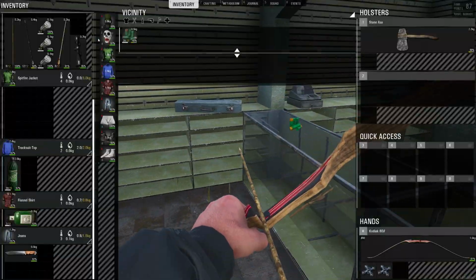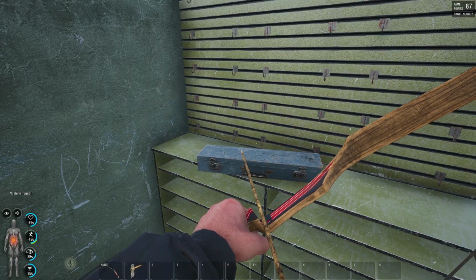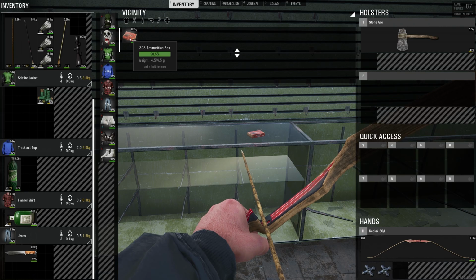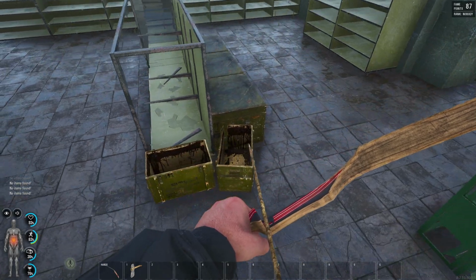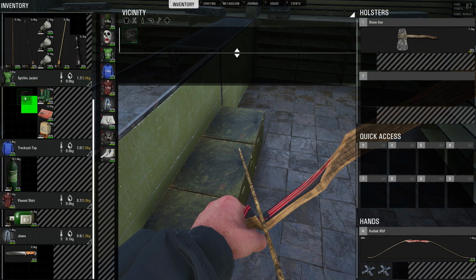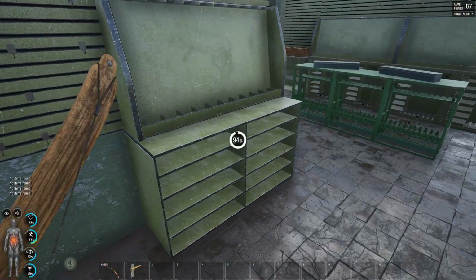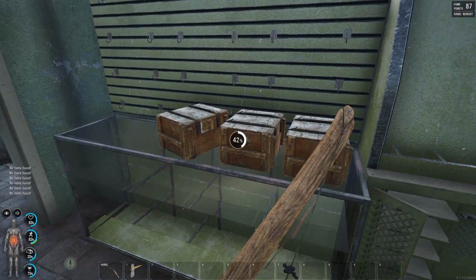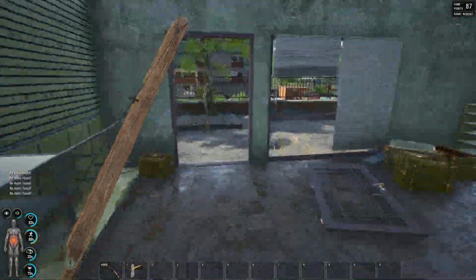And here's the second gun shop. Okay. 20 shotgun rounds. 9mm. Okay. So there are quite a few things. Even on, like, this is official loot. Yeah, 308 ammo. Okay, so there is loot. There is quite a bit of loot lying around. So it's a very good idea getting all of them out of here. Okay? It's a very good idea to get all of them out of here. Okay, so there's one more